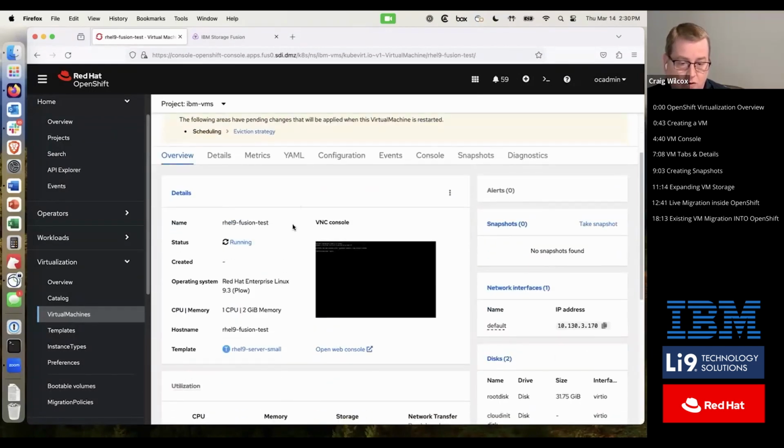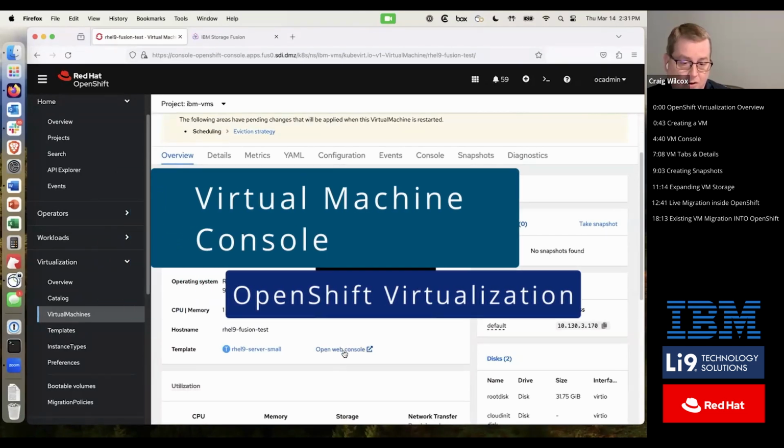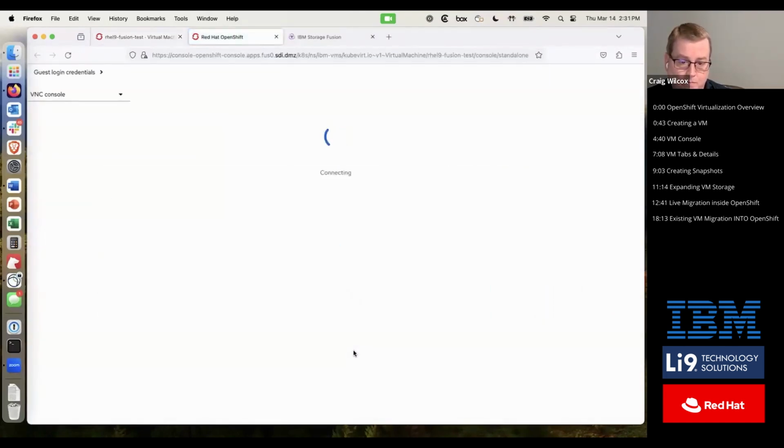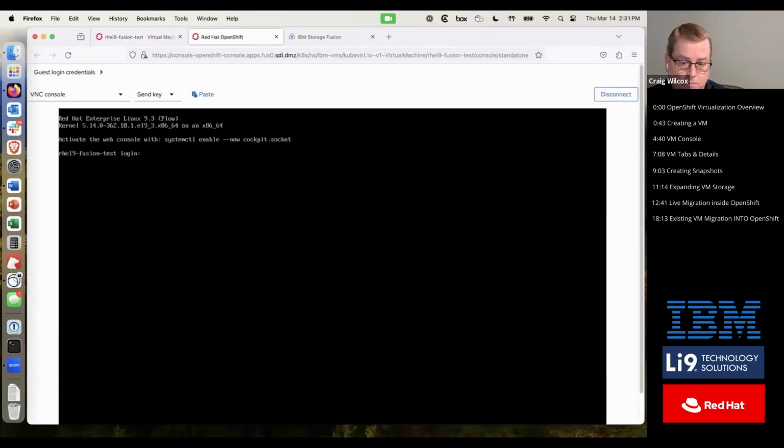So let's look over at the virtual machine console here. Underneath the VNC console preview, there's this open web console link that'll pop up a new tab. And here we get the login. So I put in the cloud user that's created by the template, and I put in the password that I'd used when I created this. So from here, you can see